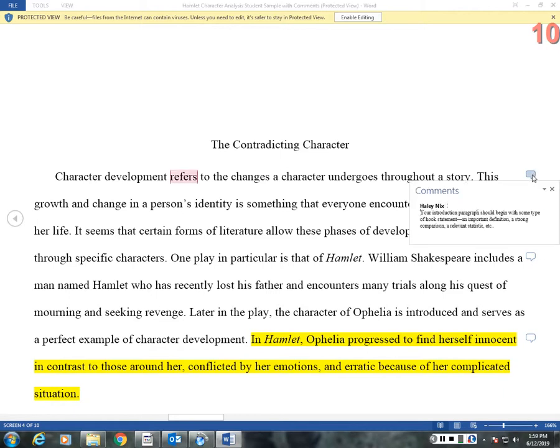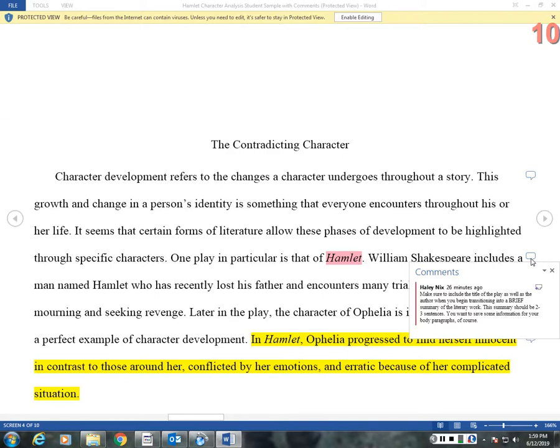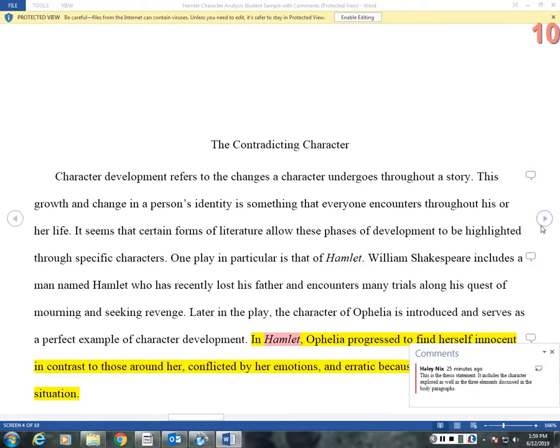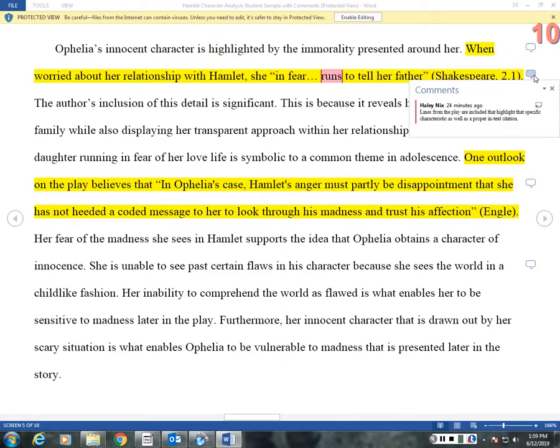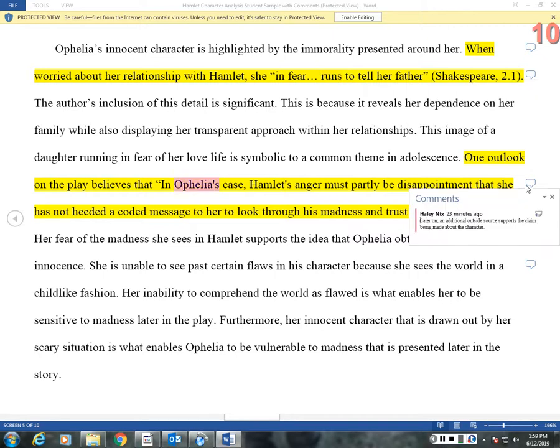Okay, you can see right here, I've talked about the hook statement, which I mentioned before. And here I talked about the brief summary that I just discussed with you and the thesis statement. Okay, we have a strong topic sentence at the beginning. We have the lines from the play. We have the additional outside source, and all those other parts we just talked about are in here as well,